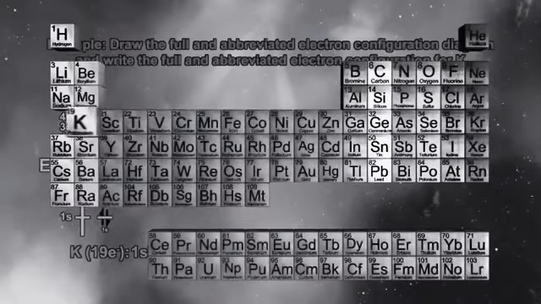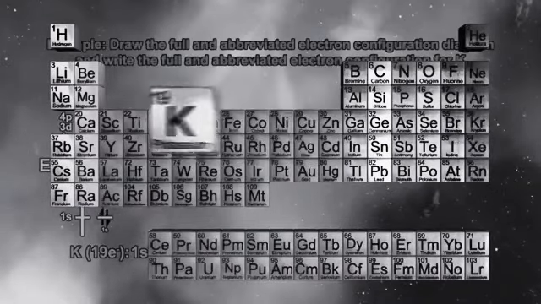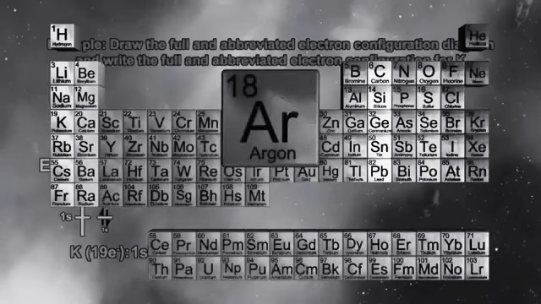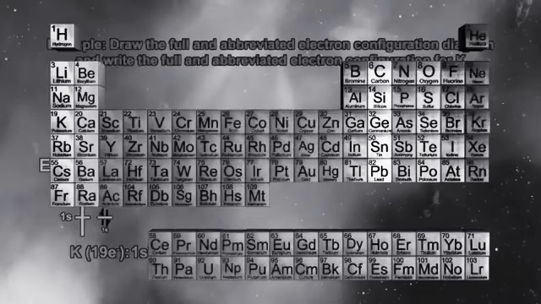To abbreviate the noble core electrons for potassium, we simply slide back until we reach the first noble element, which is argon with 18 electrons. Thus, we can abbreviate the first 18